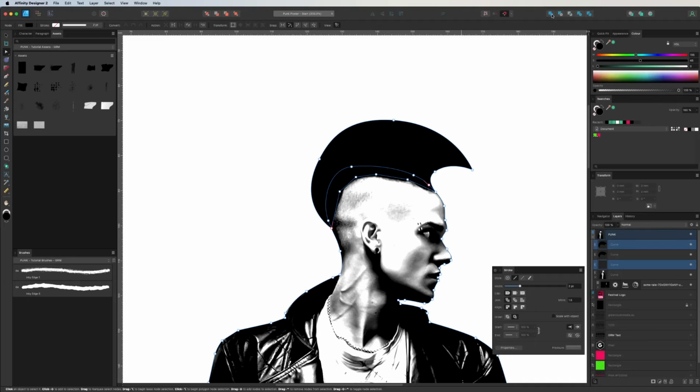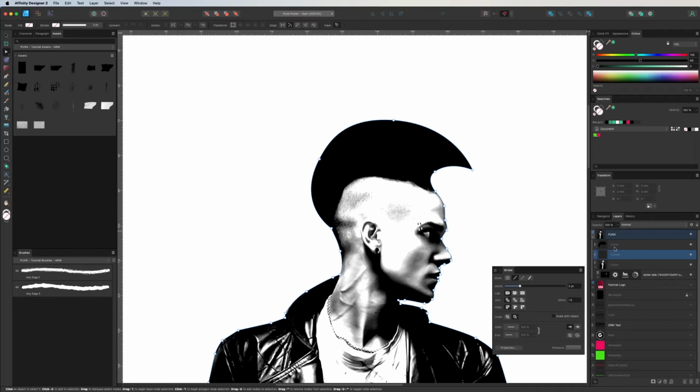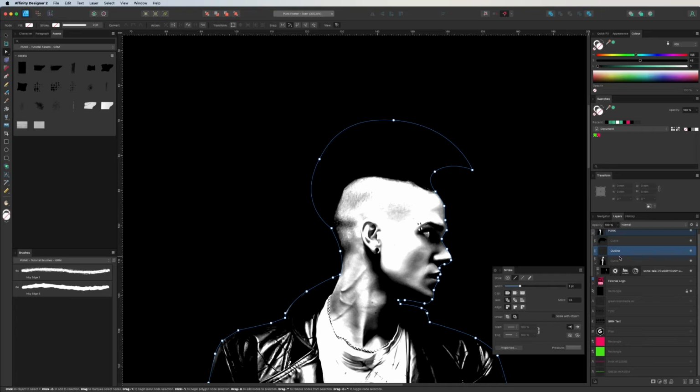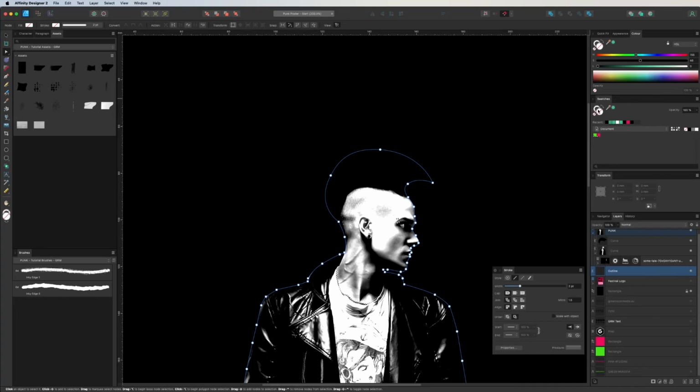And if I come up to my Boolean modifiers, I'm going to click Add to combine both of these. I'll rename this layer Outline. Now, if I turn back on the background, I'm going to take my outline, make sure it's underneath our guy. And now if I give it a stroke color,